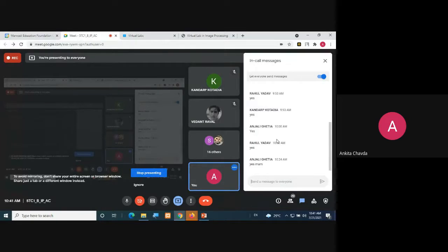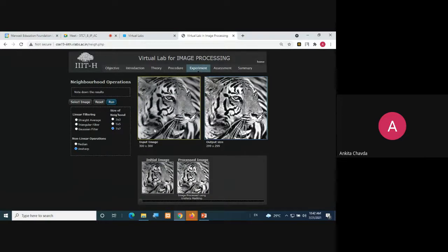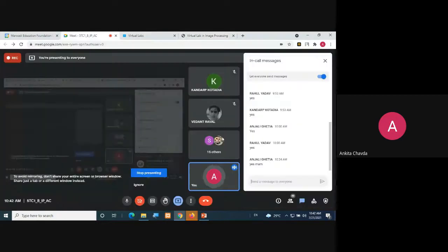Fine. You can finish this, and after that you can at least apply contrast stretching with the built-in function, because the same thing, this negative, then this contrast stretching and this thresholding, we will do manually in our lab sessions, in the very next session, but at least with the built-in function you can try it now. Okay, do it and finish these virtual lab experiments, right?